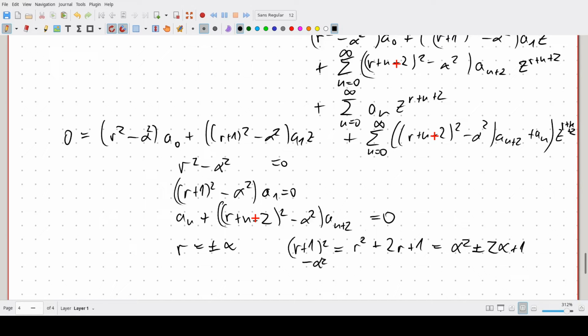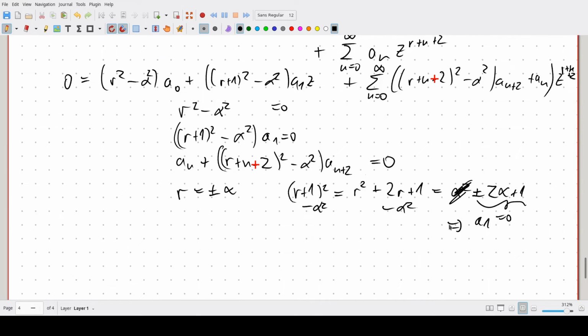If we subtract alpha squared, we just get this, which, except for alpha being minus 1/2, is never 0. So, except for in this one case, we get a1 is equal to 0. And of course, our recurrence relation is then a_{n+2}